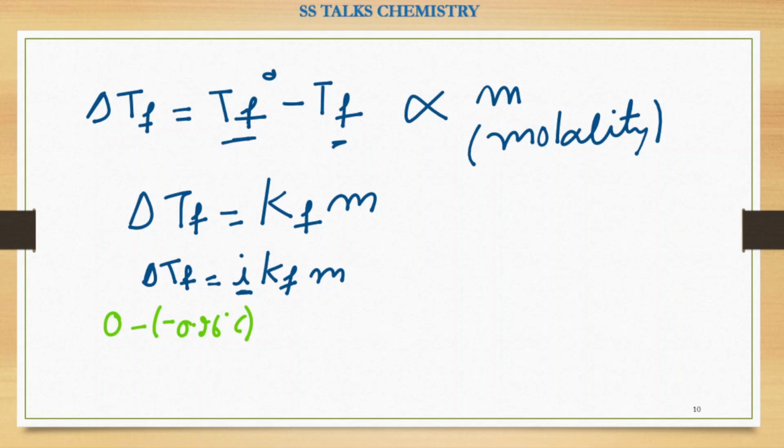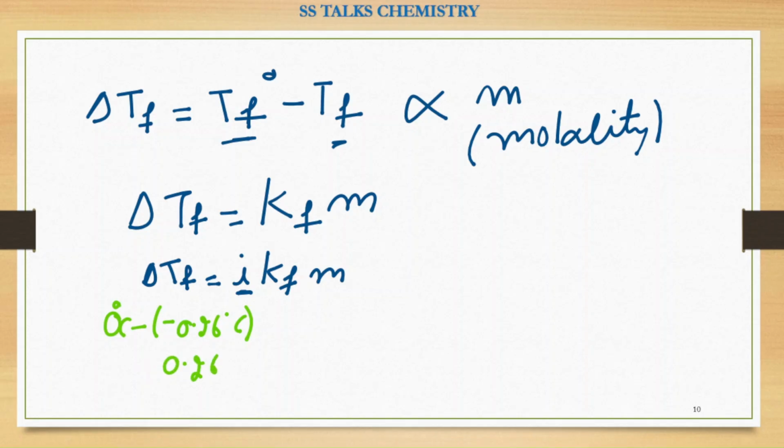You can keep it in Kelvins or degrees centigrade, because here water also freezes at 0 degrees centigrade, and when the solute is added, the freezing takes place at this much temperature. So you can present it in degrees centigrade because that's the change we wanted here, right? So here it will be 0.26